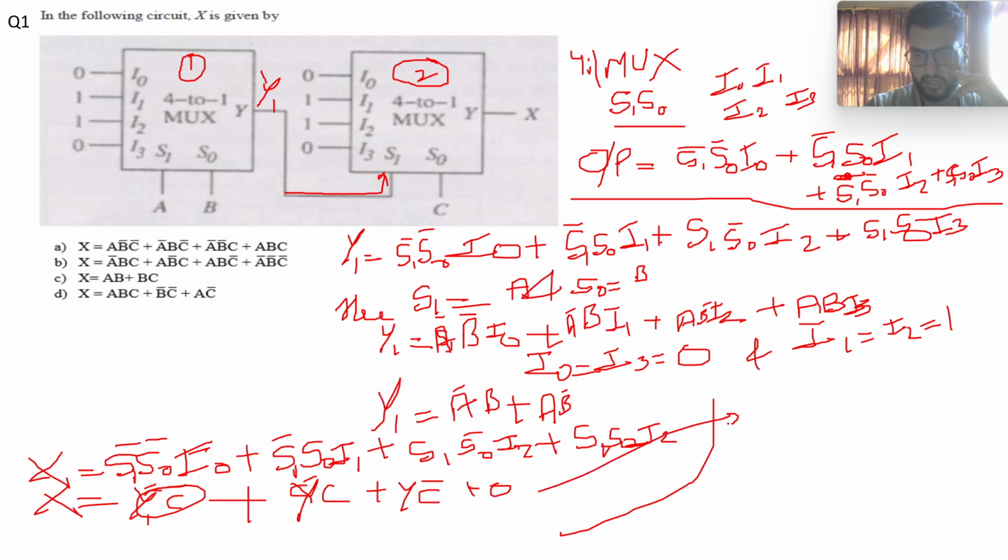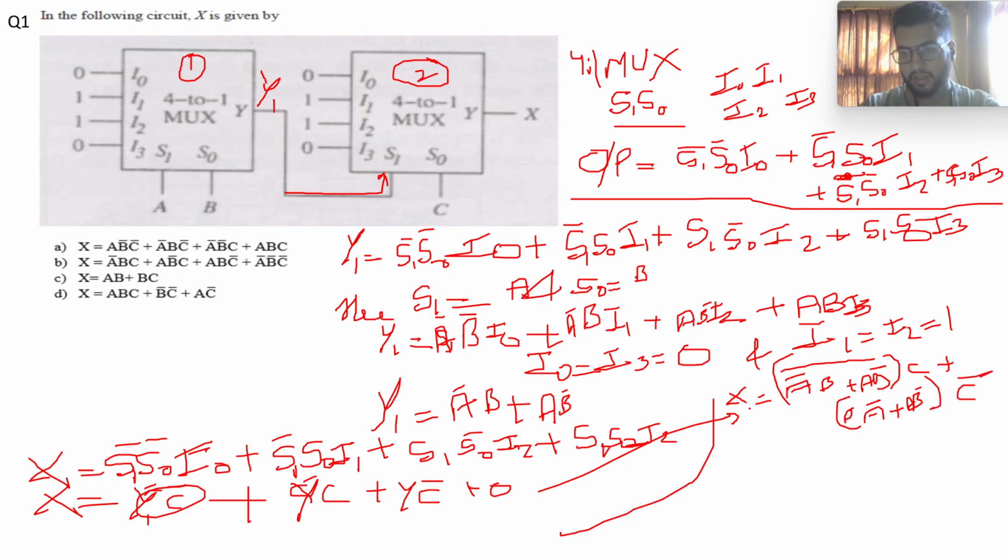Now write the expression here. So x is equal to a bar b plus ab bar, and then the whole complement times c, and then a bar b plus ab bar times c bar. Now this is a bar b plus ab bar whole complement. So XOR's complement is XNOR. So I can simply write x is equal to ab plus a bar b bar, so x is equal to ab plus a bar b bar